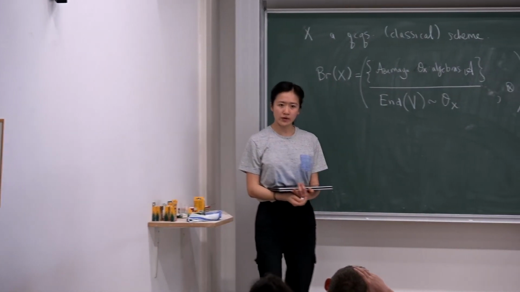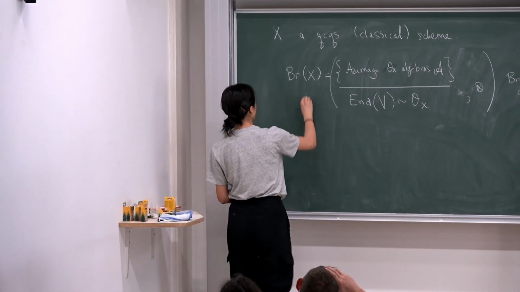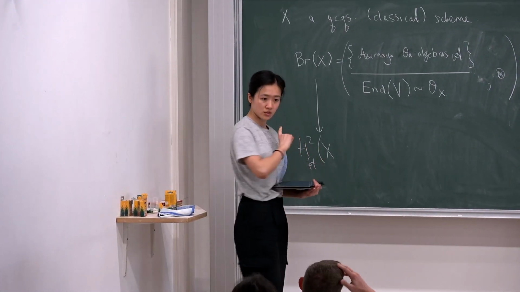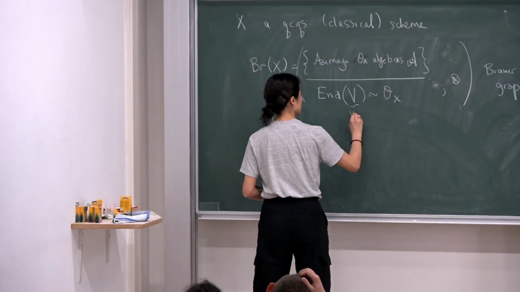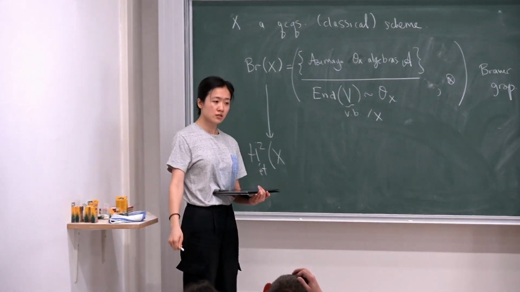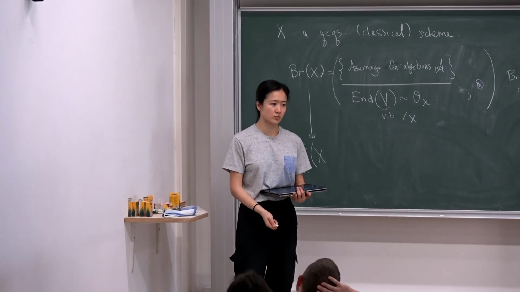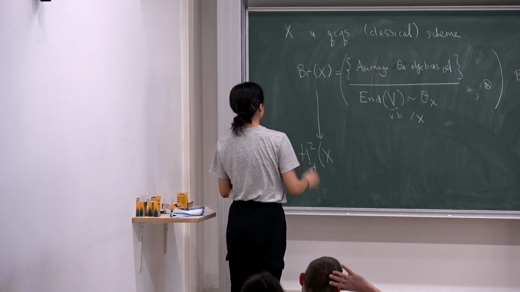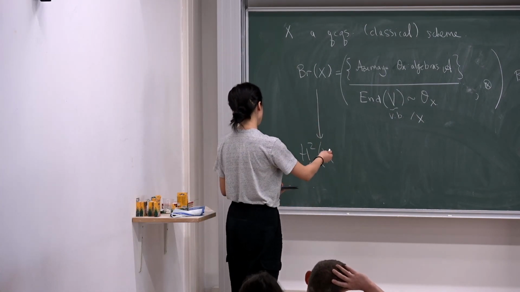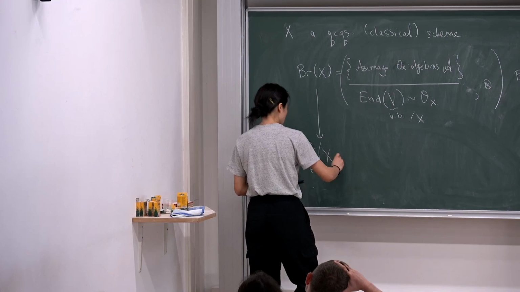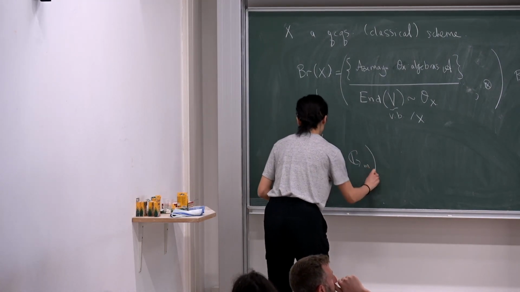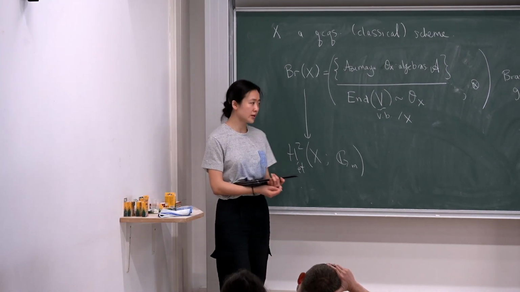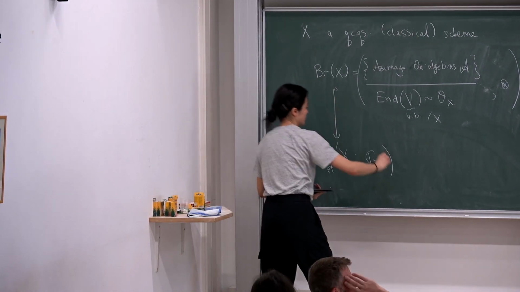Now, to any Brauer class, we can associate a cohomology class in H2 of X. What would it be here? Vector bundles. These are all vector bundles or particular ones? Any vector bundles. Right, so to any Azumaya algebra, I can associate a cohomology class which lives here. Sometimes this group is called Brauer prime. In particular, this is injective, and this lands in the torsion subgroup.